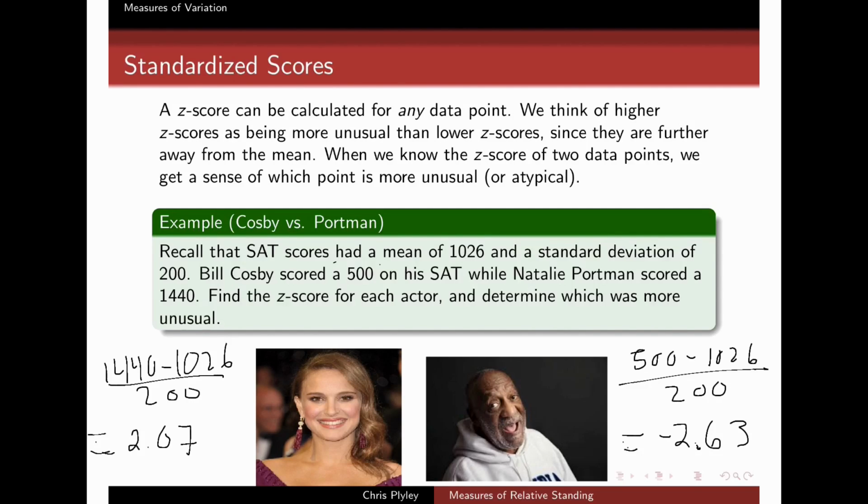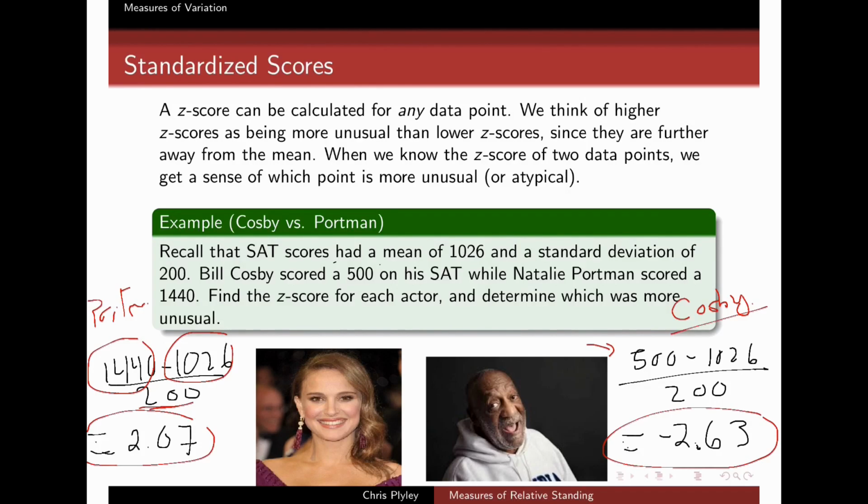Hopefully you're able to do this correctly, but let's check. Here's Natalie Portman on the left, and I went ahead and calculated the z-score associated with her SAT. I took her data value, which was 1440, subtracted the mean, which was 1026, and divided by the standard deviation of 200. So the z-score associated with her SAT was 2.07. And then when we looked at Bill Cosby over here, his SAT score of 500, again, 500 minus 1026 over 200, gave me negative